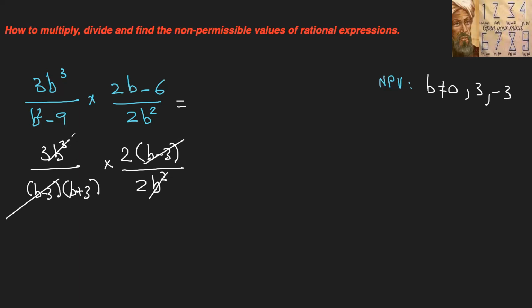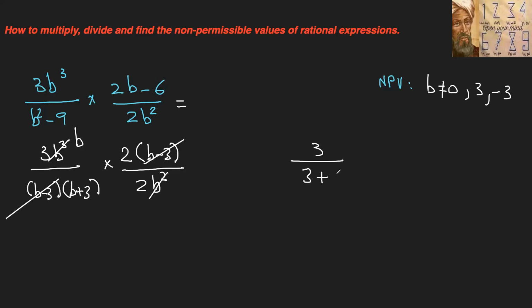B squared goes into itself once, goes into b cubed, b to the 1. Now, some students are tempted to cancel this b with this b. No, you cannot do that, because this b does not have +3 there, and this b is not free to be canceled because that's a binomial. This is a monomial. Again, if you want me to explain that to you, if you have 3 over 3